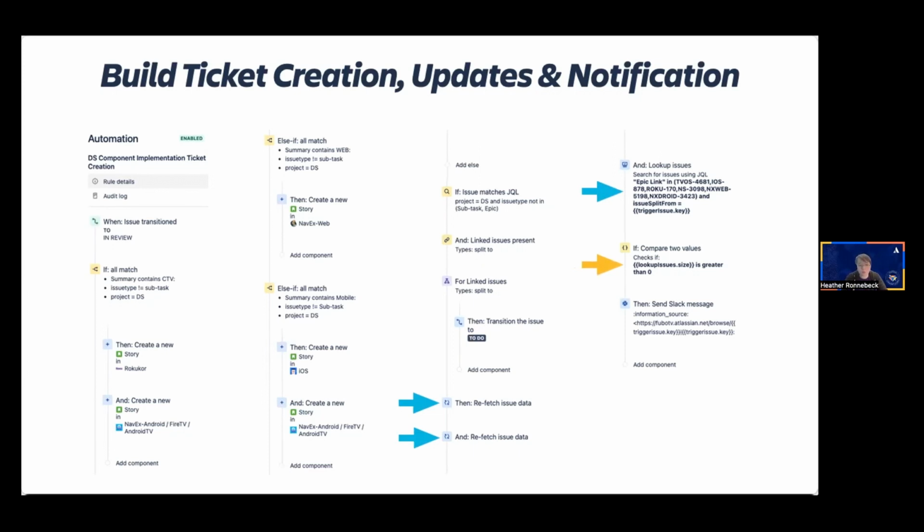If that number was greater than 0, then it continued on to send a lovely Slack message. You can't see the entire step config, but basically, I asked it to post a custom message in a dedicated channel that they use for notifying about all updated tickets with the trigger issue, saying that this is done, it's ready to go, all the formatting's there, and the stakeholders can come and see that the tickets were ready to go ahead. This one did take quite a bit of time to figure out, but it's really just an example of a more complex rule using the different elements that would be there.